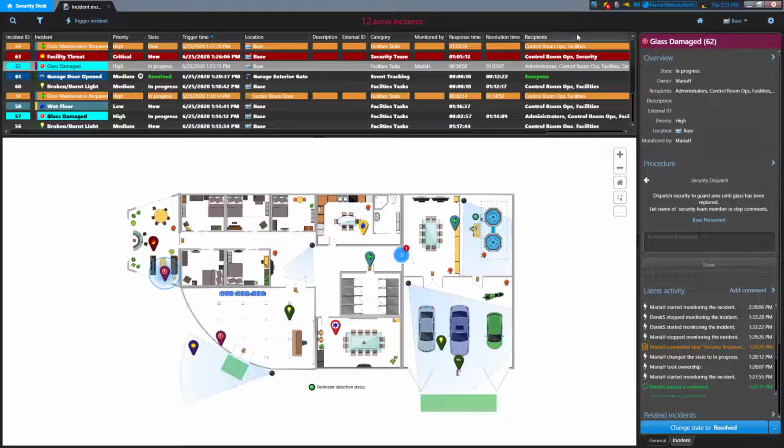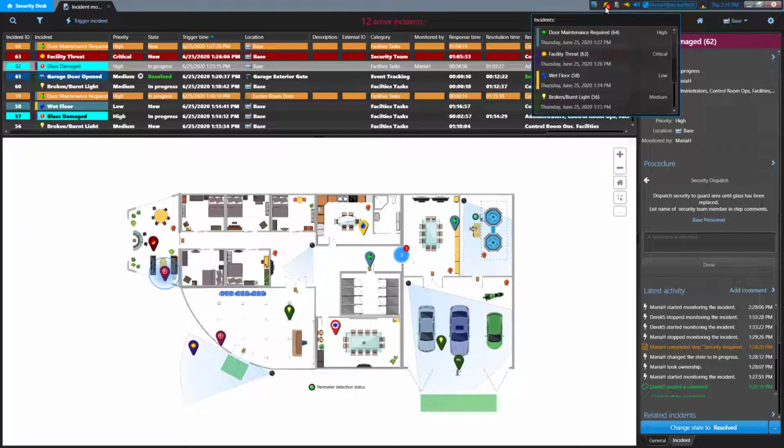In the top right corner of our Security Desk, we have our notification tray. There's a new icon for Mission Control that you may see show up there, which looks like a lightning bolt. This is where you'll see new incidents indicated, as well as any notifications you get from active incidents, like reminders and warnings about time limits.